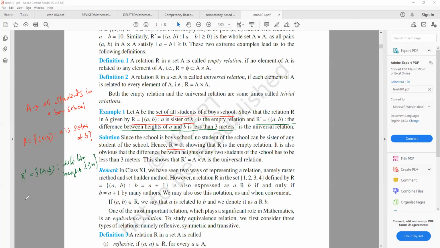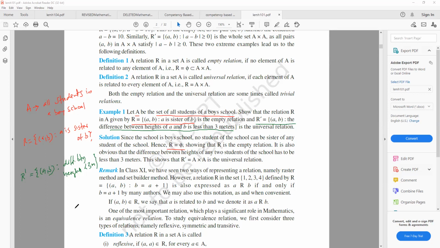तो कौन कौन आ सकते उसमें से? हर एक स्टूडेंट शुड बी रिलेटेड टू एवरी स्टूडेंट ना, क्योंकि आप कोई भी दो स्टूडेंट ले लो उसका हाइट का डिफरेंस ऐसे रहते हैं क्या? 3 मीटर डिफरेंस आते हैं क्या कभी? नो सर। 3 मीटर मतलब 300 सेंटीमीटर। आदमी का हाइट, जैसे मेरे जैसे बड़ा आदमी का भी हाइट है 6 फीट, कितना आएगा? 185 सेंटीमीटर। ज्यादा से ज्यादा 200। हाँ, तो दो स्टूडेंट्स का हाइट का डिफरेंस 3 मीटर से लेस, ऑफ कोर्स इट विल बी लेस देन 3 मीटर्स ना।